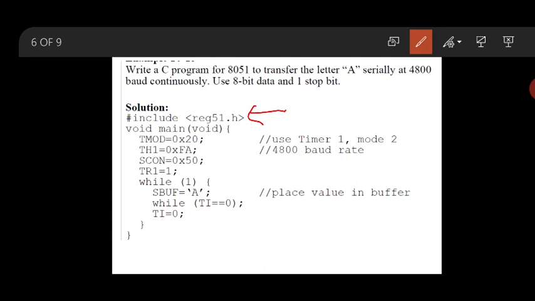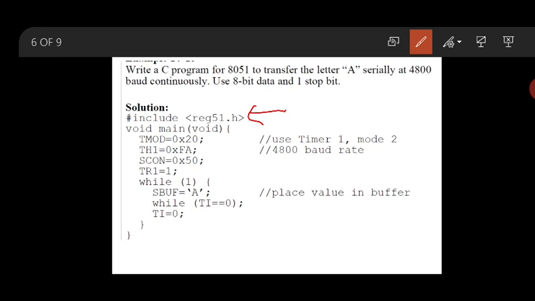It is very essential to include reg51.h. It is an include file to recognize the registers, and your C file begins with main. When I say void main, it is not returning any value, and it is not taking any arguments either.